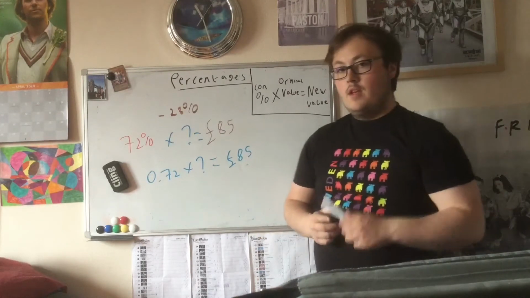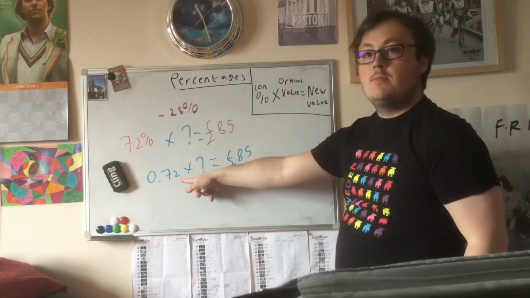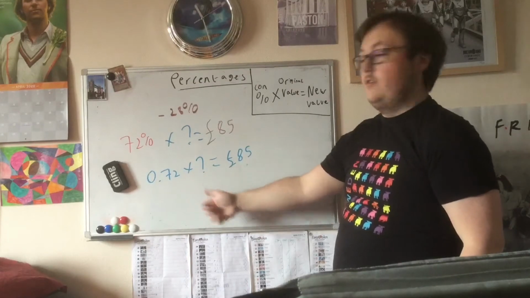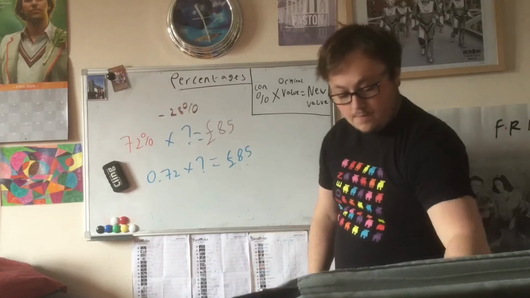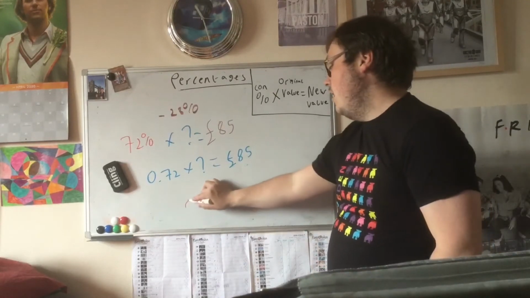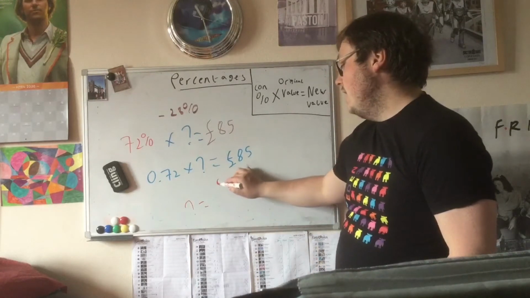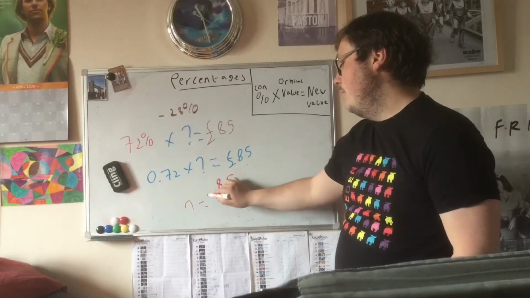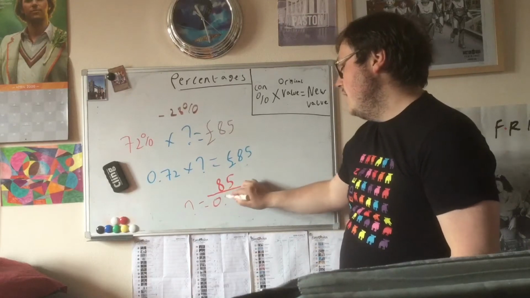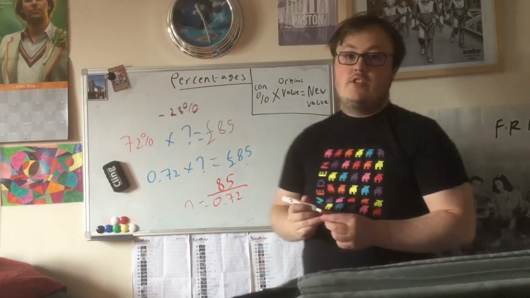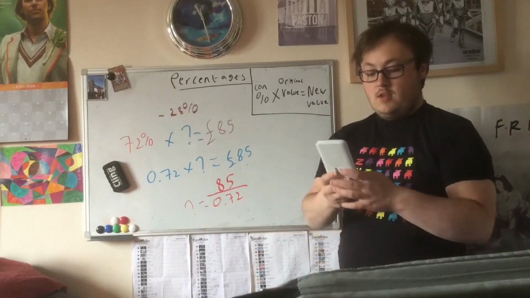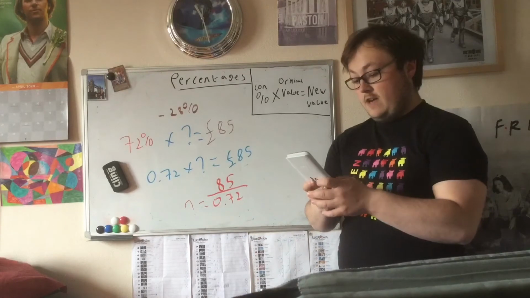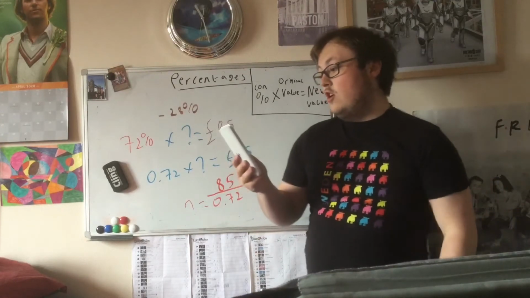So, if we're timesing 0.72 by our unknown to find our new value, then to find our unknown, we divide 85 by 0.72. We're just rewriting the problem. So let's divide 85 by 0.72. You will get